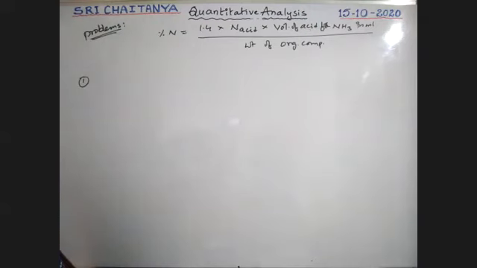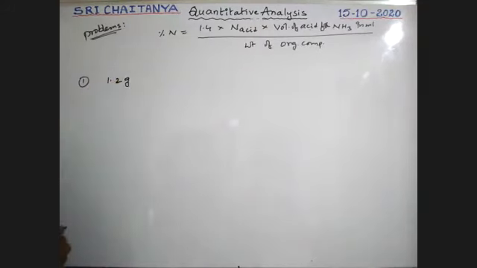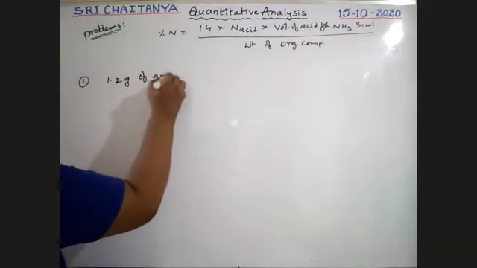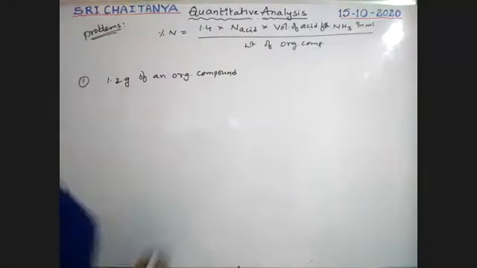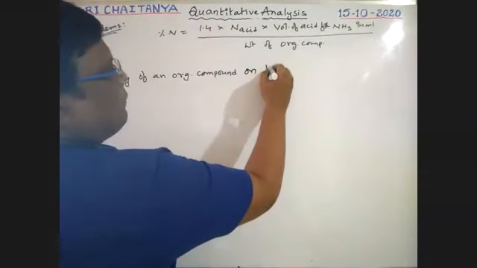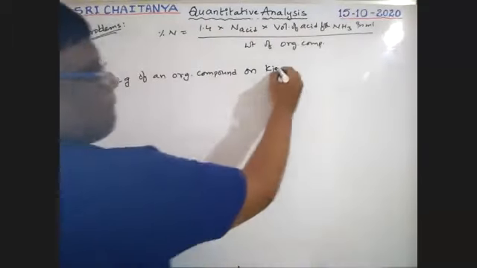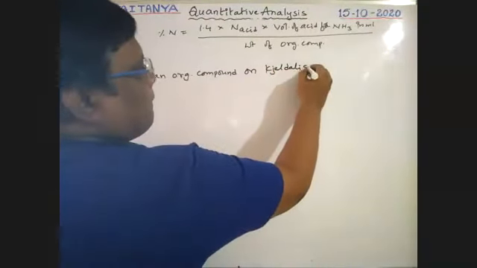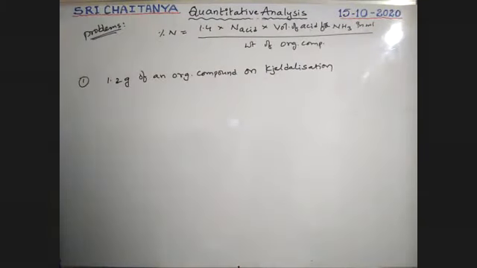Azo and diazo are both the same, note down. 1.2 grams of an organic compound on Kjeldahlisation, that is heating in Kjeldahl's flask,